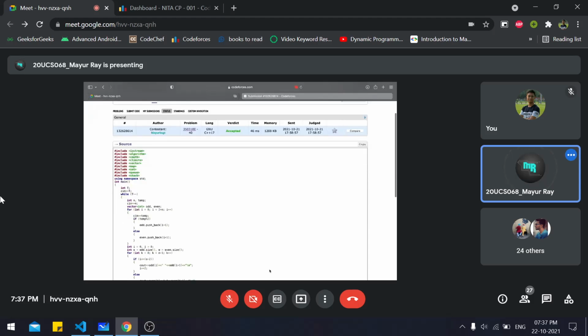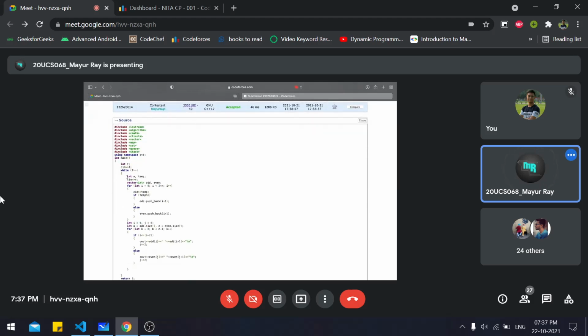Here, initially I have taken n and temp. I have taken n as input, that is the size, and I have taken two vectors, or you can take two arrays, anything you like: an odd vector and an even vector. The odd vector will store the indices of the odd elements. The even vector will store the indices of the even elements.